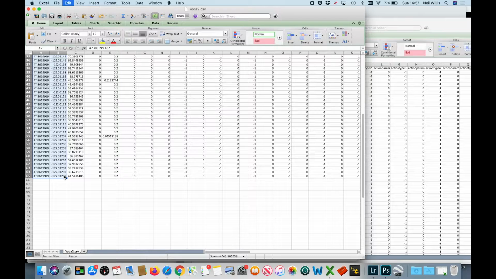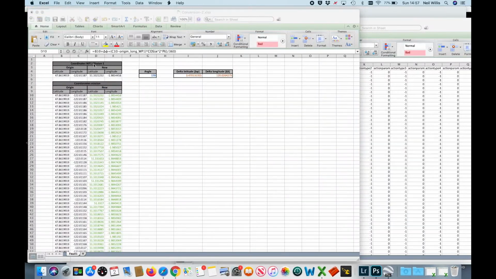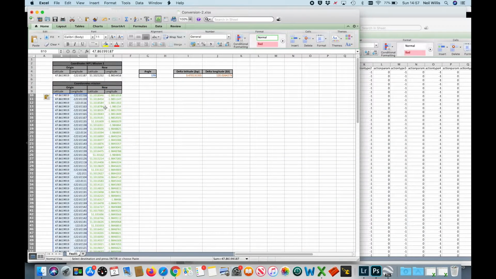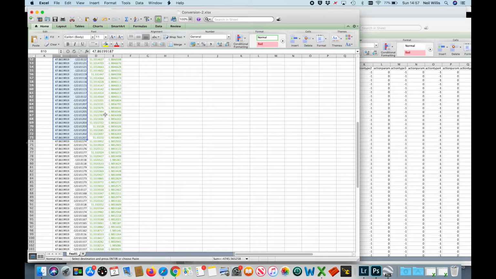So we take these figures, we go back to the conversion, and we paste them in here. Okay, so this is, again, it's done the conversion. We keep the angle the same because we want it to align and we want it to rotate to the same angle. All this information at the top stays the same. Don't change it. All we want is the original latitude and longitude, and it will create the new one. Obviously this doesn't have as many waypoints, so all we want is this information,